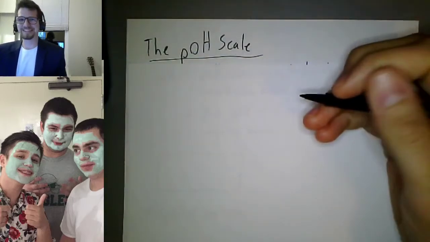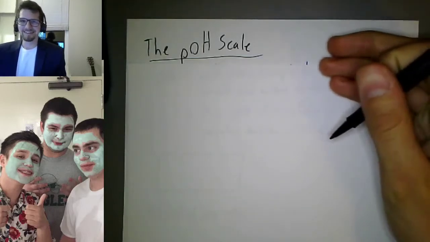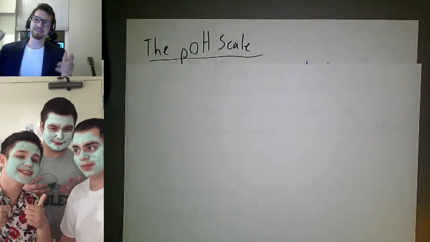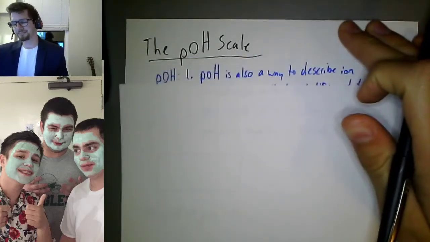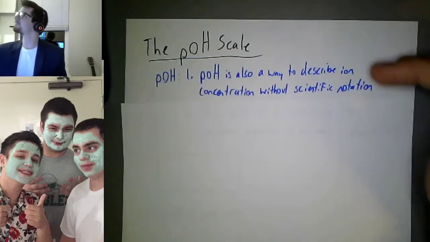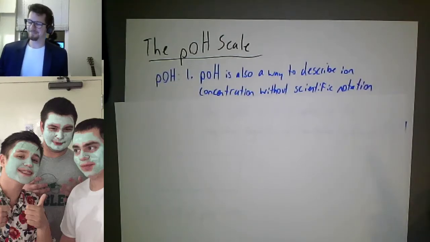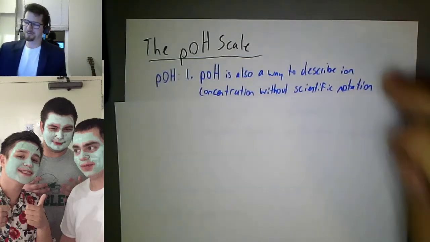But the pOH scale. So what the heck's the pOH scale? The pH scale was a way to denote the hydronium content in something without having to use scientific notation. So guess what pOH is? pOH is also a way to describe ion concentration without using scientific notation. So number one's the exact same for pOH and pH. They're both used for the same thing,